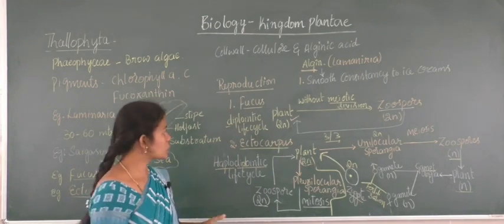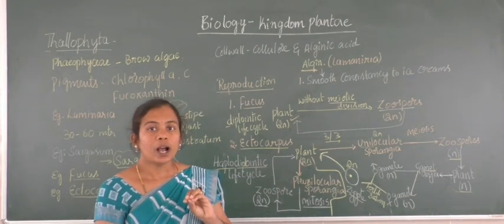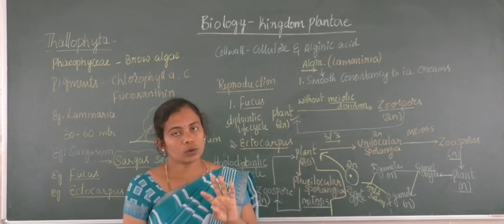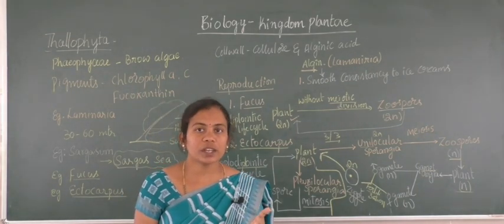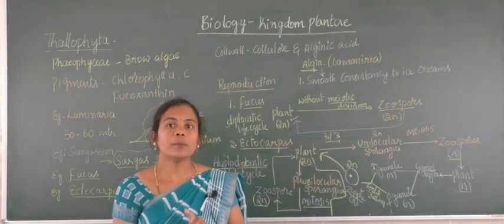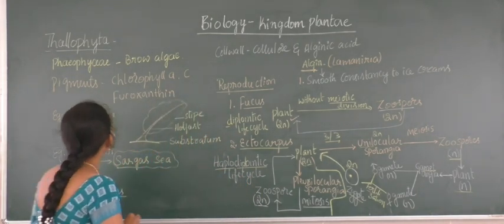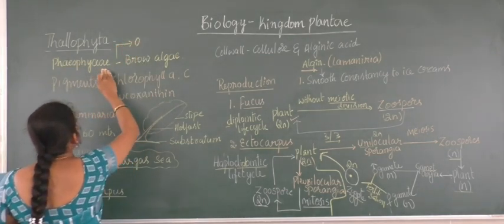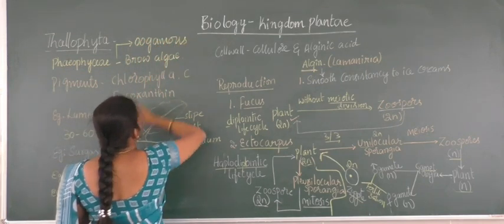But when it comes to the sexual method of reproduction, the same thing will be there, where there is a presence of different sized gametes, one stationary and the other motile, larger and smaller. The stationary one is the larger female gamete. The motile one is the smaller male gamete. They fuse together to form an oogamous type of reproduction. I am representing the whole Phaeophycean members, which exhibit an oogamous type of reproduction.